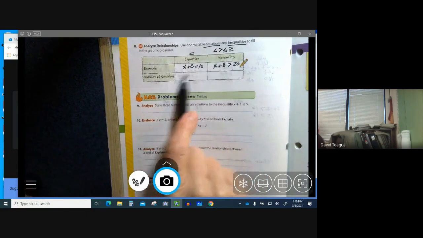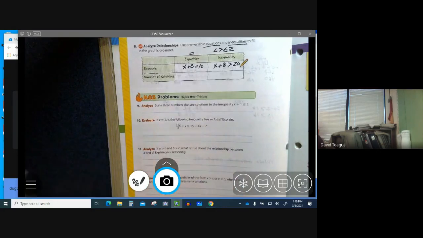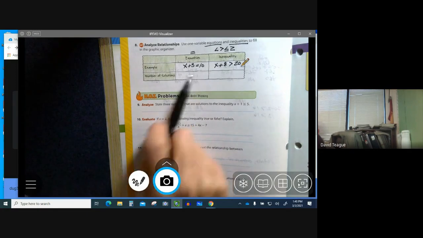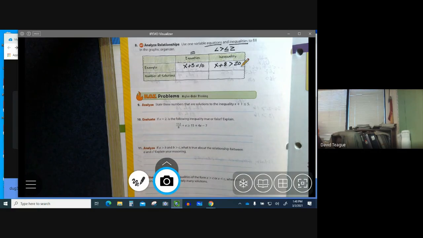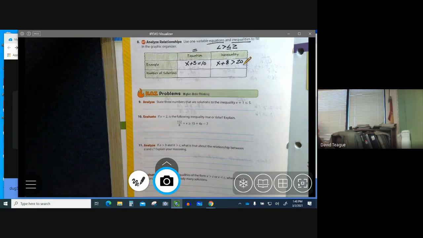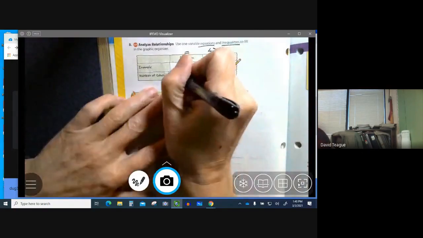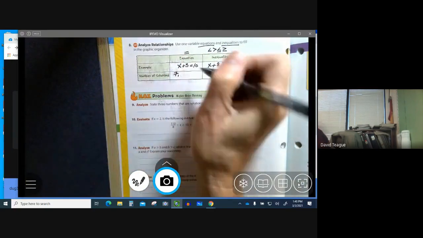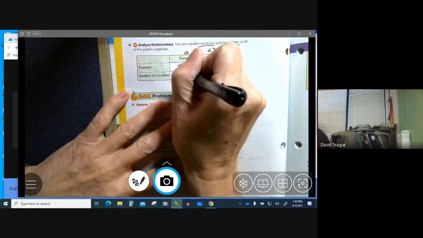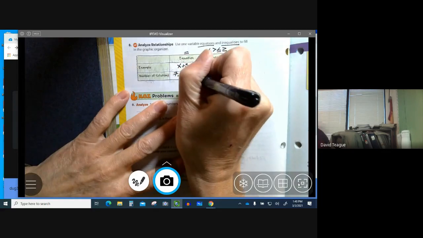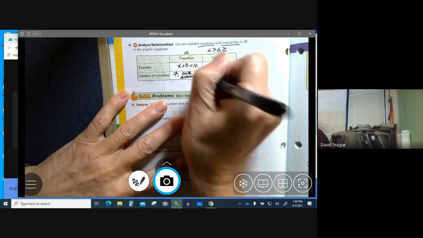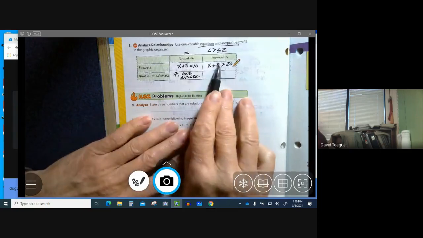So in this expression here, how many solutions do I have for x plus 3 equals 10? What would that number be? What number could I put where x is to make that equal? Some number plus 3 equals 10. 7. So my solution is 7, and I only have one answer. There's only one answer that will satisfy this expression. Okay? Now I have an inequality here,